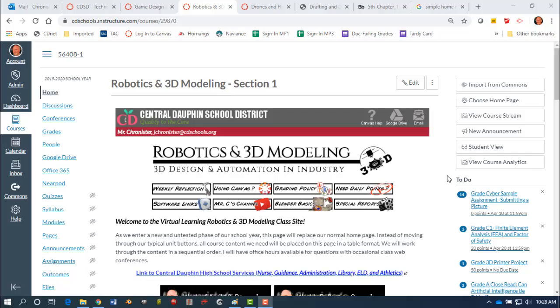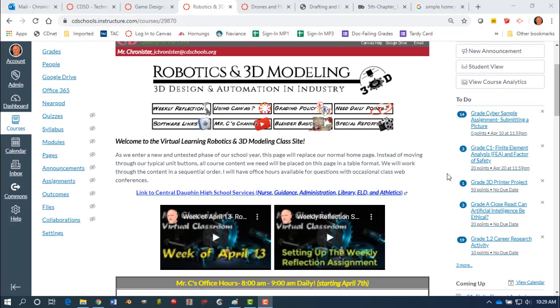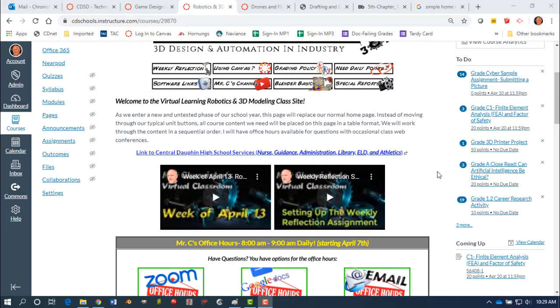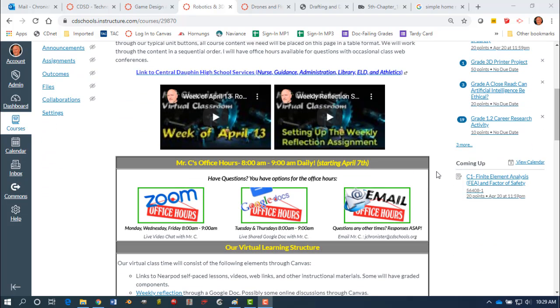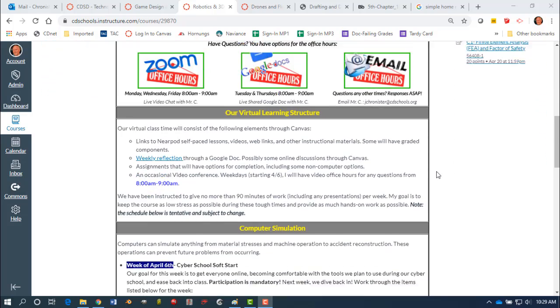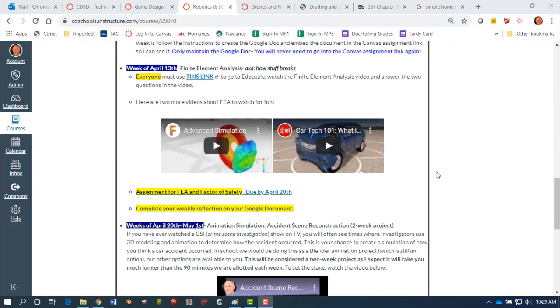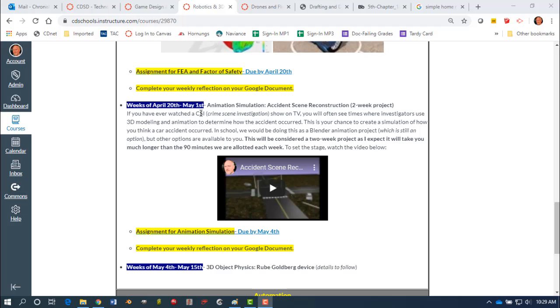So here's what we have planned for the week of April 20th. For the Robotics and 3D modeling class, I actually have a 2-week project for you because I expect it's going to take a little bit longer than the 90 minutes per week that we've been assigned. So if you scroll down through the class and get down to the week of April 20th to May 1st,